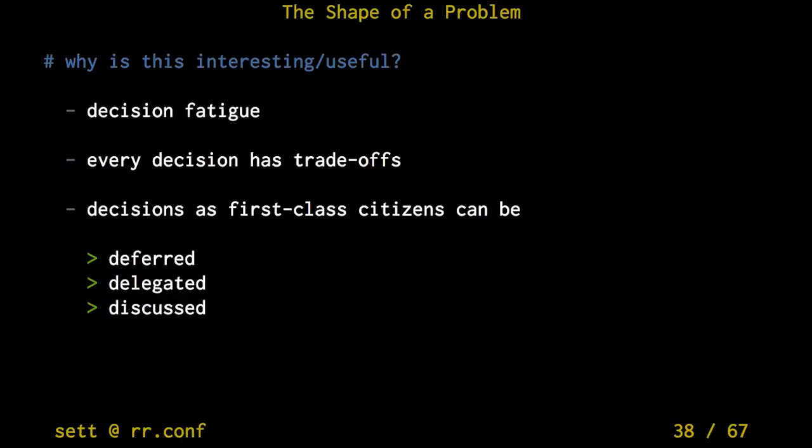Tying into that, decisions treated as first-class citizens can be deferred, they can be delegated, they can be discussed. So one of the most important things that I discovered and learned and was most useful to me was this idea of using the last responsible moment. So it comes naturally to me because I'm a chronic procrastinator. So you can just leave things till the very last moment,